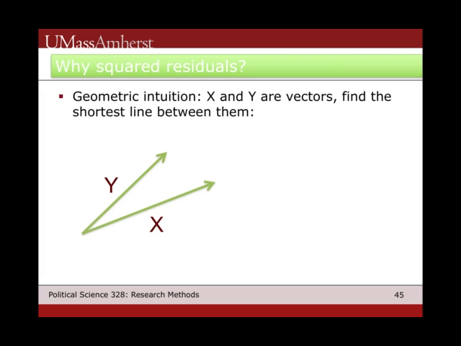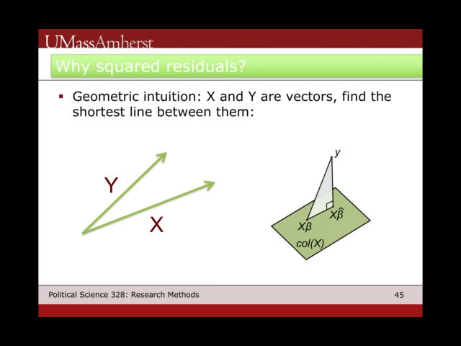Why we're squaring the residuals, I think I mentioned this some in class, there is a practical interpretation that has to do with the relative weighting of different observations. But there is, in fact, a geometric interpretation that has to do with the Pythagorean theorem, and what we're dealing with here is basically finding the shortest line,